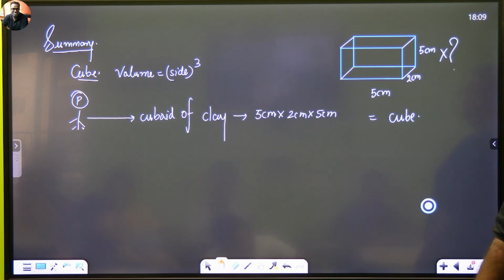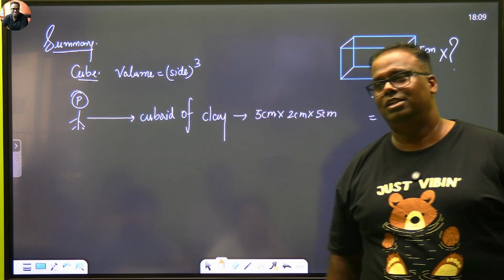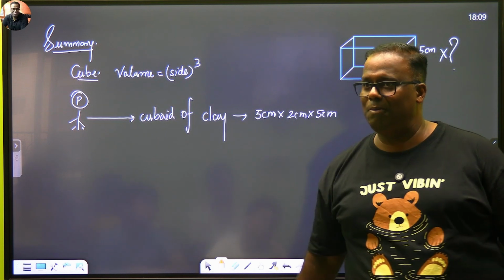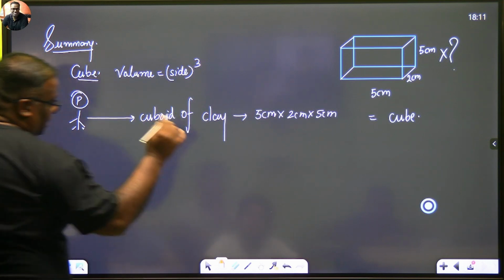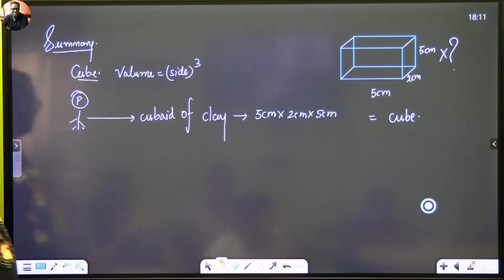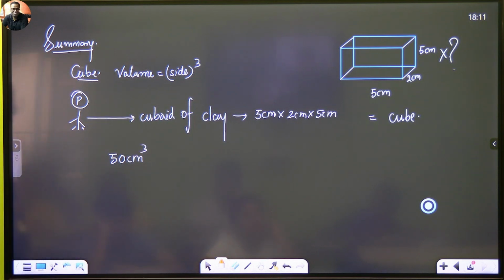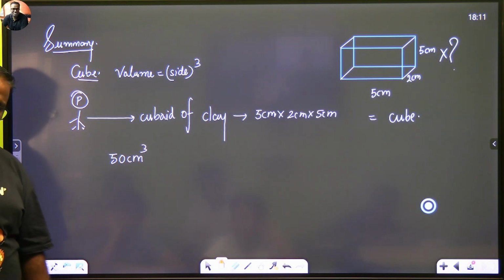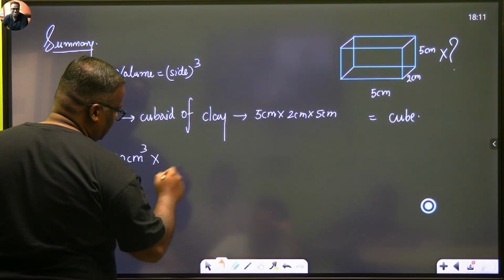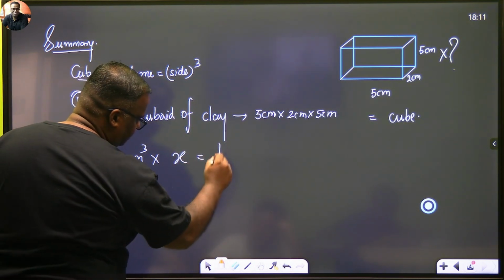How will you make it a cube? The trick is that whatever the dimension of the final figure is, it has to be a perfect cube. Then only it will become a cube. Let's understand something. There is a particular volume of this. What is the volume? 50 centimeter cube is the volume of one, right? Are you allowed to use half or break it? No, you can't break it. You get it? 50 multiplied by many such 50s, I should land up in a